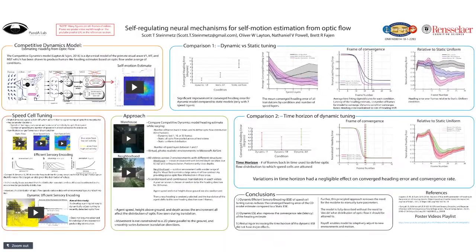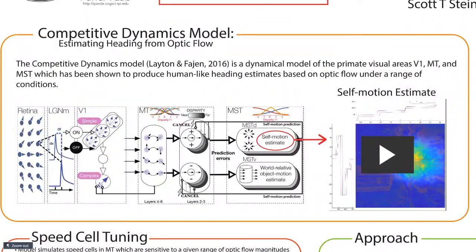Today, I'll be discussing work we've done to test a method of organizing a component of the competitive dynamics model such that the cells tune themselves to the current visual environment without need for manual parameter selection. The competitive dynamics model is a computational neural model of optic flow processing that simulates areas of the early primate